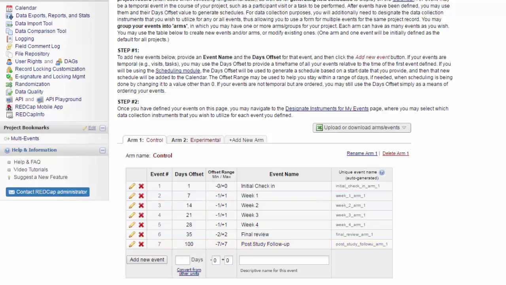Now you can see that REDCap's tracking very specifically how much time is supposed to pass between all of my